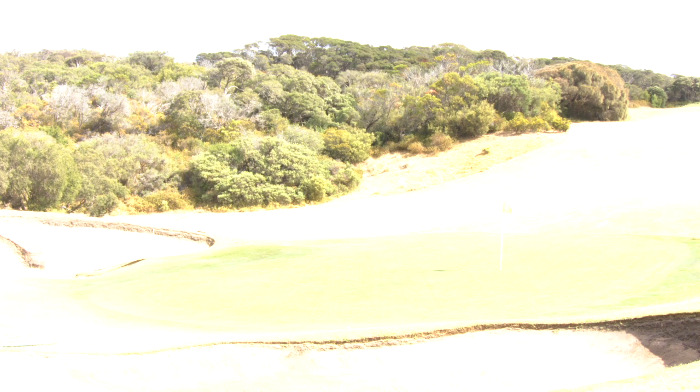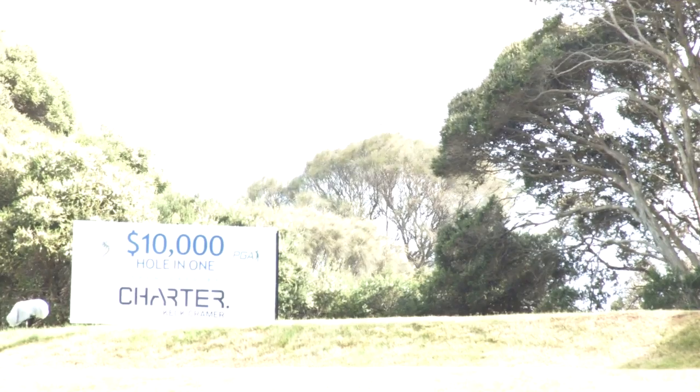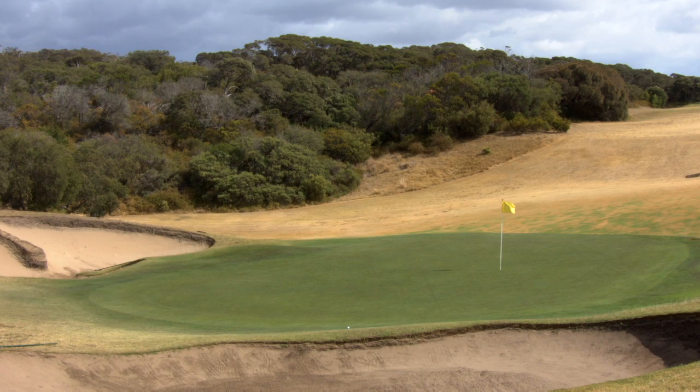We were looking at buying it, and I think at the time there was a bit of a recession going on in the 90s, and it was about $2.5 million, but there was 10 acres in there. Now, what would 10 acres be worth in Portsea? Geez, I'd hate to think. But it was one of those things. We just couldn't quite raise the money. And anyway, we didn't get it. But lucky enough, and going back to, we didn't own 6 of these holes. They're owned by the government or by the Army. And Jeff Kennett sold them to us probably about 12 years ago. Is that right? Yeah, so the one's running down, which will be the...